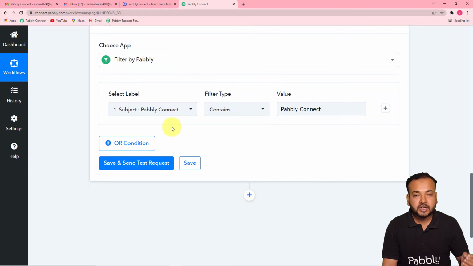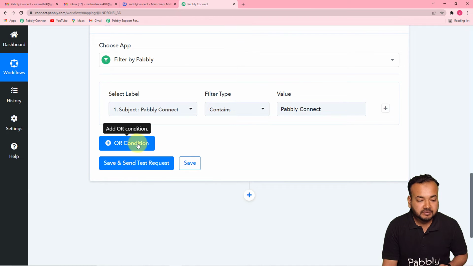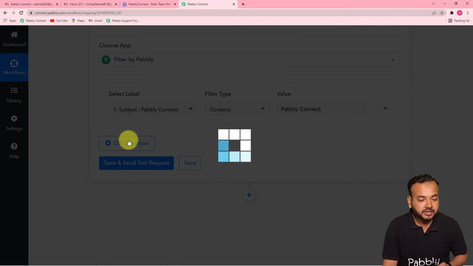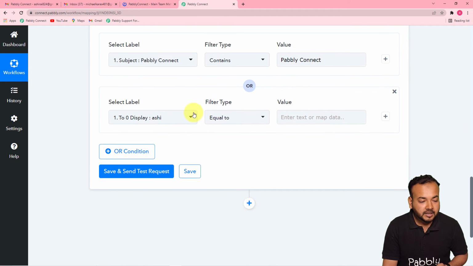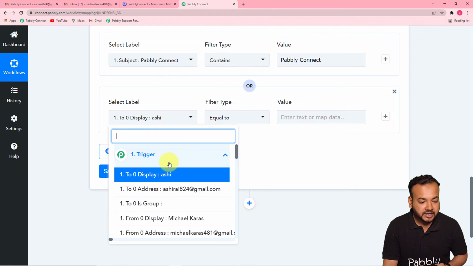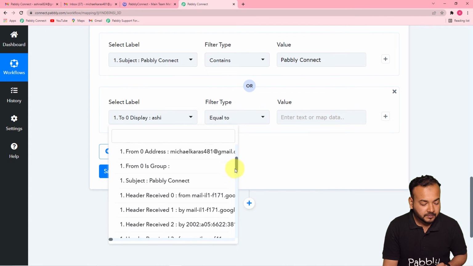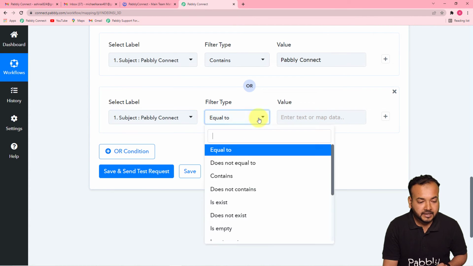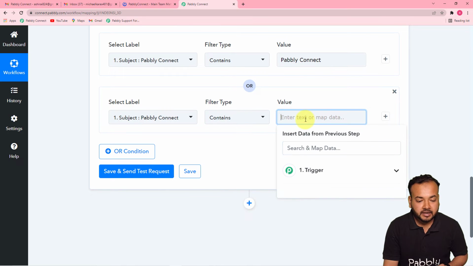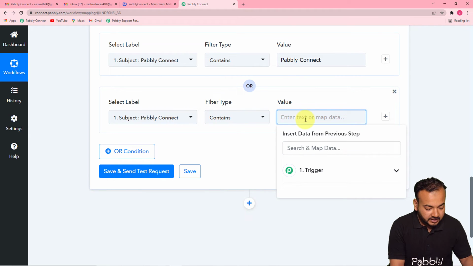Okay, so you can choose a few key subjects that you can receive from your customers or clients. So one subject can be Pabbly Connect, okay, or another subject can be any issue. So here I'm applying an OR condition. You can see we have this OR condition button. Click on it. Okay, now I am selecting the label as subject again from this trigger. Okay, I'm making the filter type contains, and here I'm putting the value which can be related. So the subject can be issue, okay,